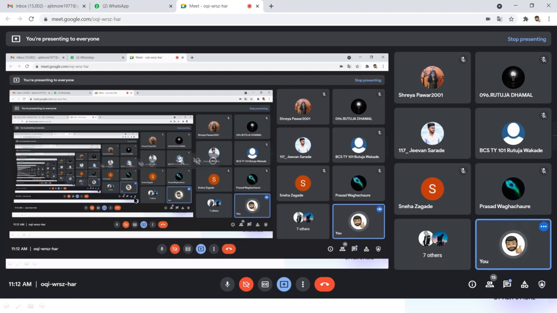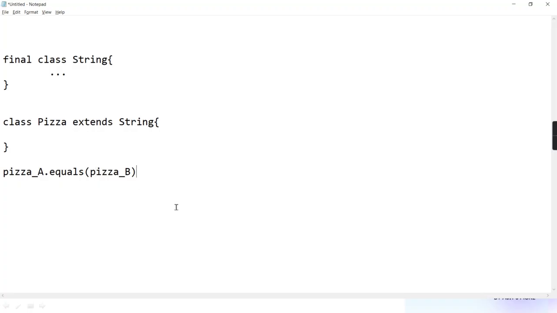Can I apply them on reference type? No. Can I apply them on Boolean? No. Clear? Only on non-Boolean primitives.